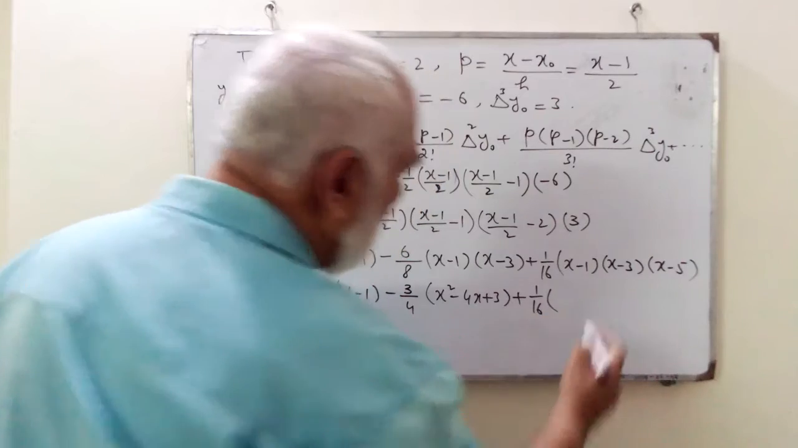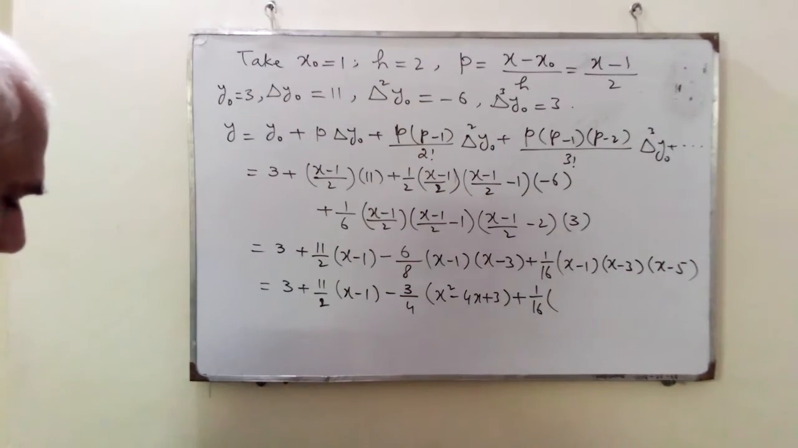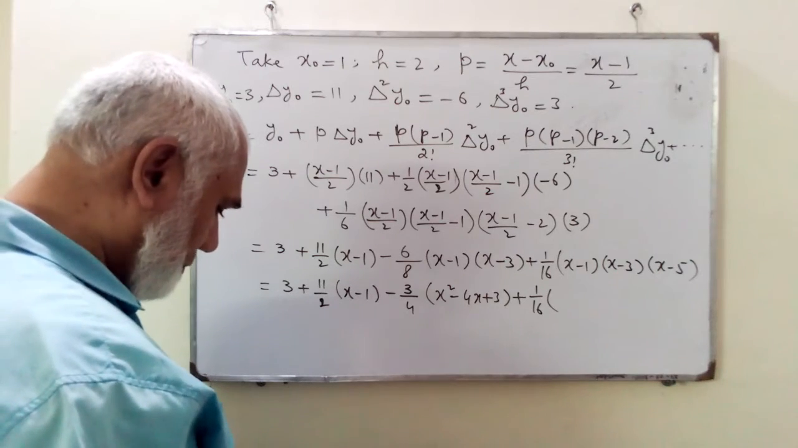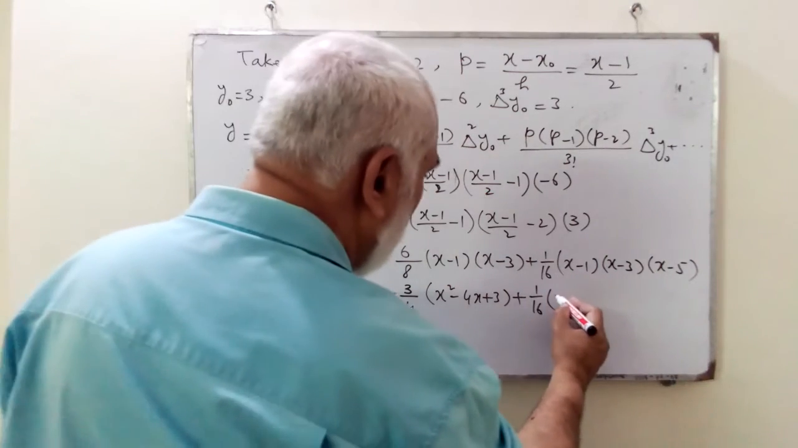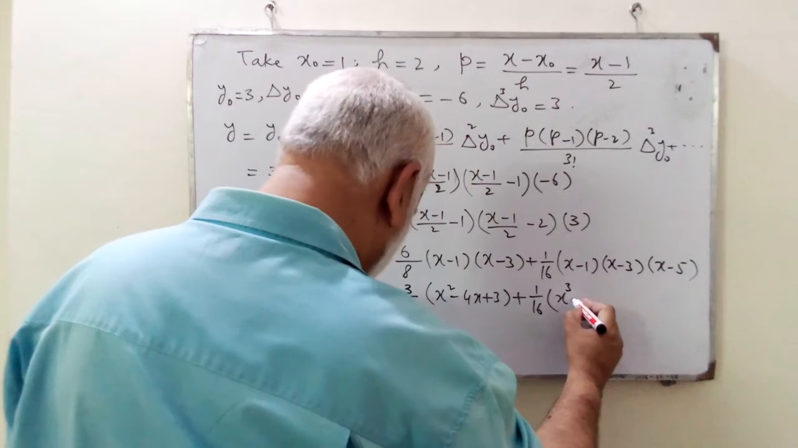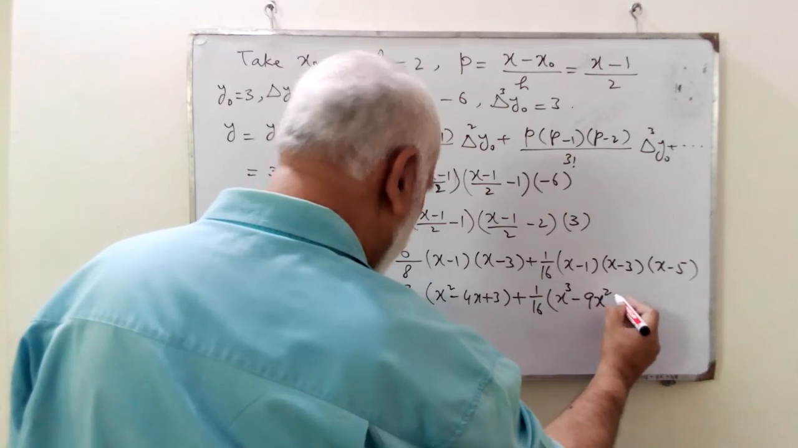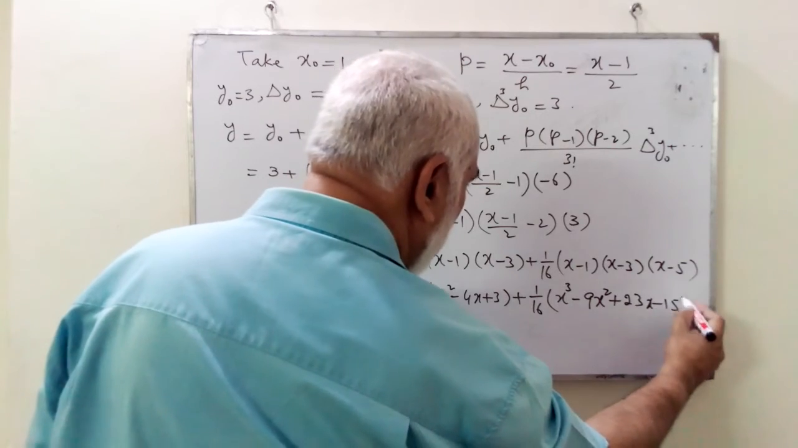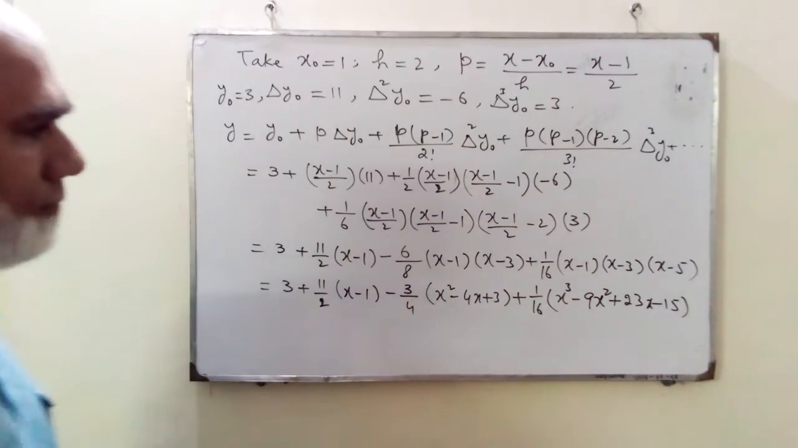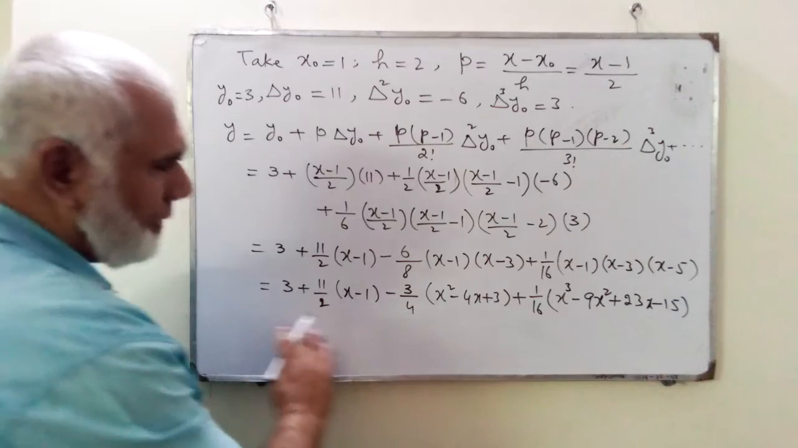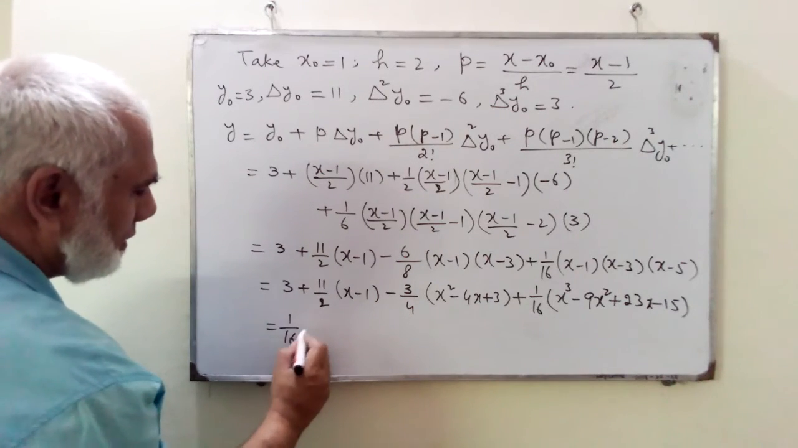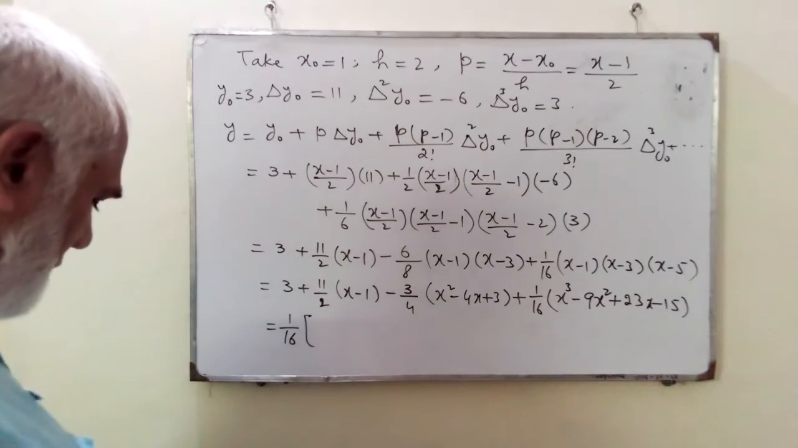by 16, and on taking the product of all these three terms gives you x cube minus 9x square plus 23x and minus 50. So this is the so far result we obtained. Now if we take out 1 by 16 as a common factor, this is your common factor, inside we get